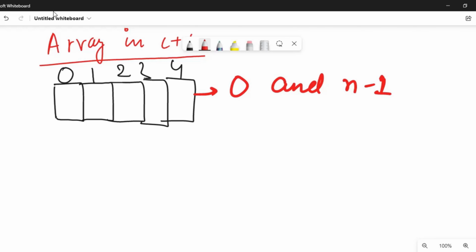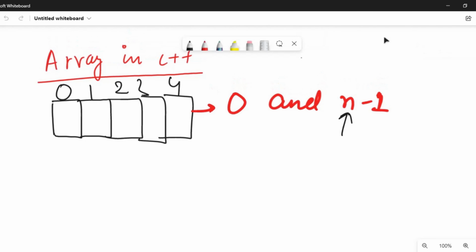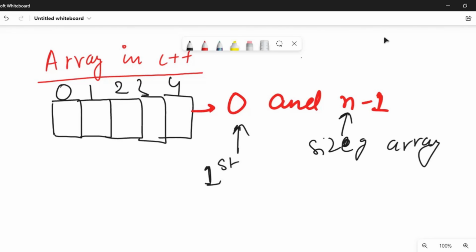So what is n here? n means the size of the array which we have defined. So the 0th position will be the first element. If someone asks you, for example, to access the second index, what will the second index be?